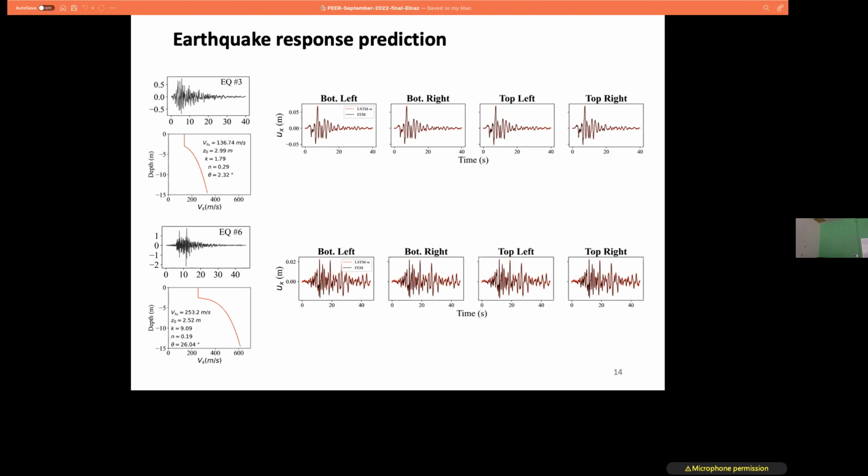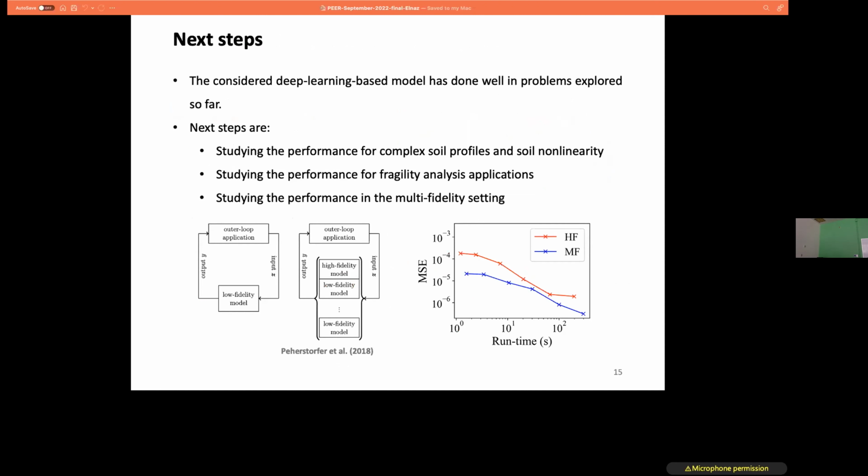So this is what we have done so far, and the results seem promising, at least for the linear problems we have studied so far. We could train the model for a short duration and do prediction for a long time. And we could also add scalar or time-invariant variables to our input parameter space beside our time series. But we need to see how it works when we have nonlinear problems. Our results show that it is mostly successful, but we need to check it for the SSI problem as well. So this is one thing that we want to study as a next step.